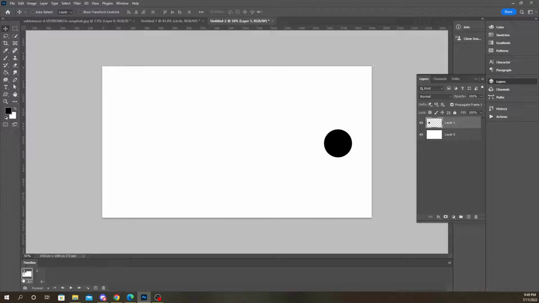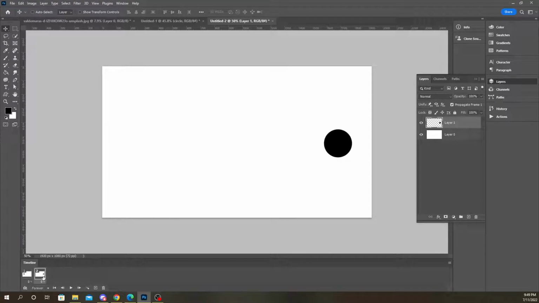And then if you want the ball to go from here to here, but right now this is my animation. It's just jumping back and forth. It's even better with the video timeline. So this one